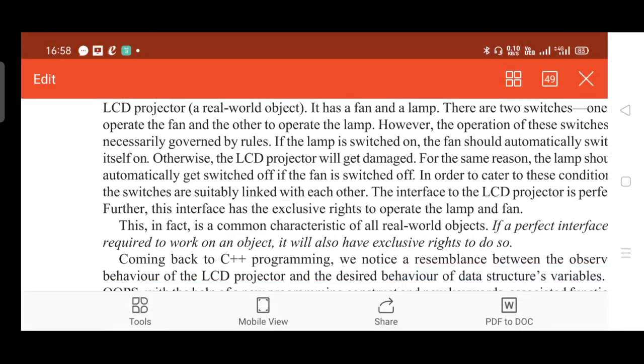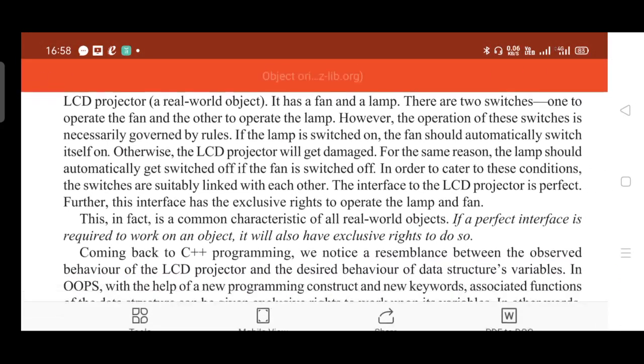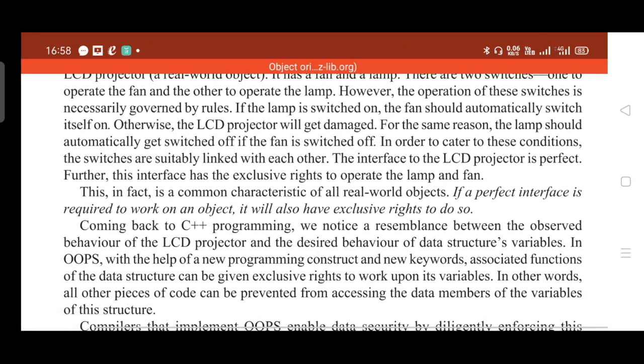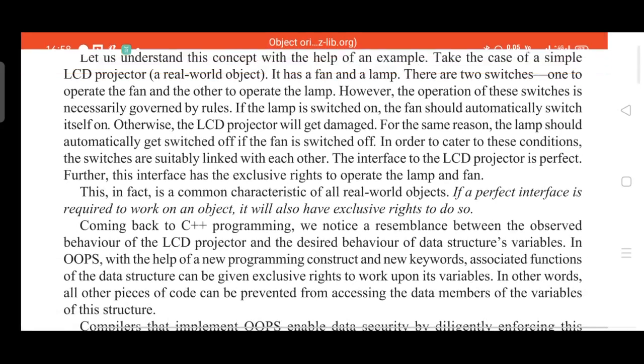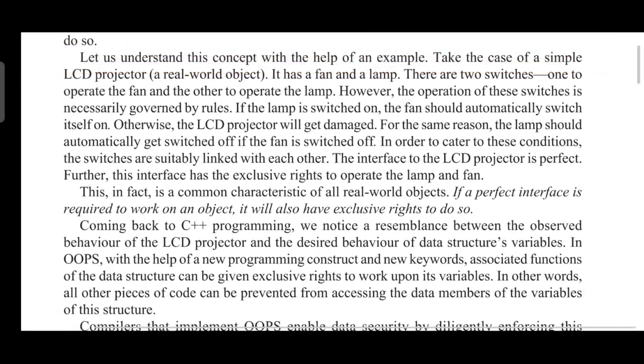So if a perfect interface is required to work on an object, it will also have the exclusive right to do so. That is what they are telling. So coming back to C++ programming, we notice a resemblance between the observed behavior of the LCD projector and the desired behavior of the data structure variables.